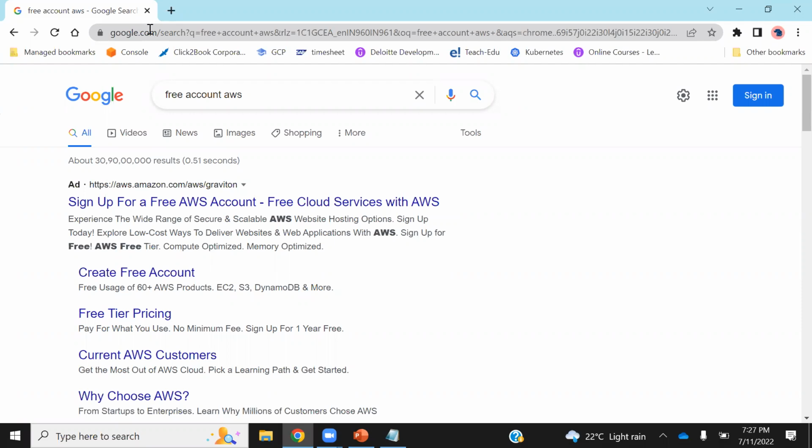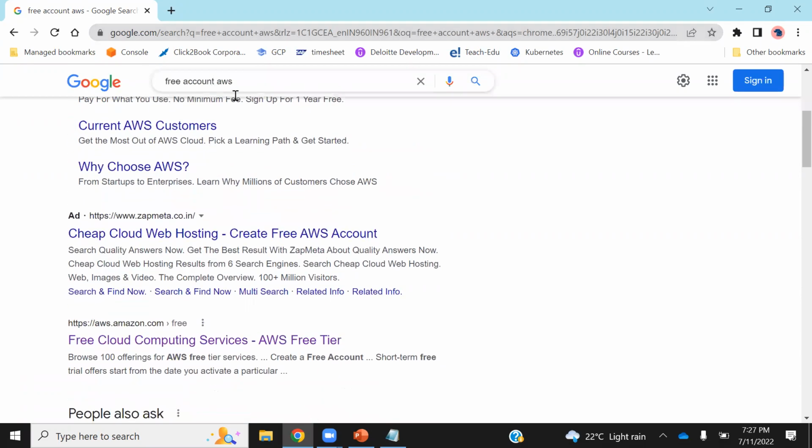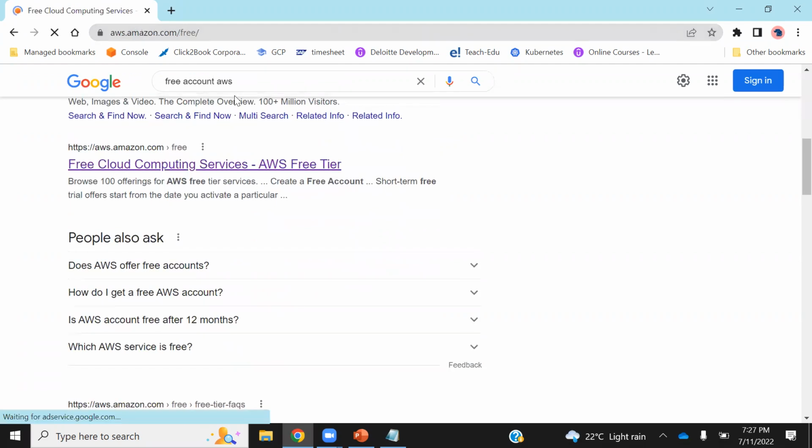So if you have an account with AWS, then this section is not for you. But in case you don't have an account with AWS, I will tell you how to create one. If you have an account on AWS, you can start practicing. If not, then you will first have to come up with the account. Creating an account is very simple, very straightforward. You just have to come here and say, I want a free account with AWS.